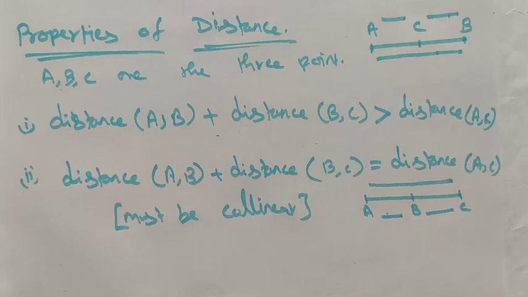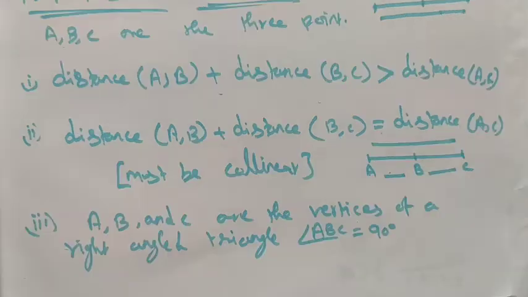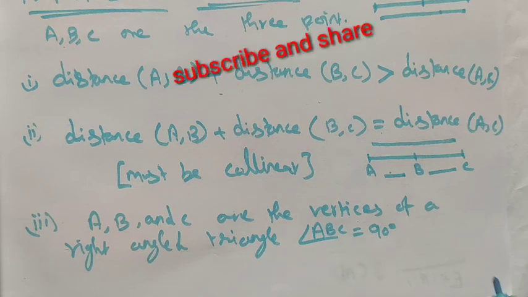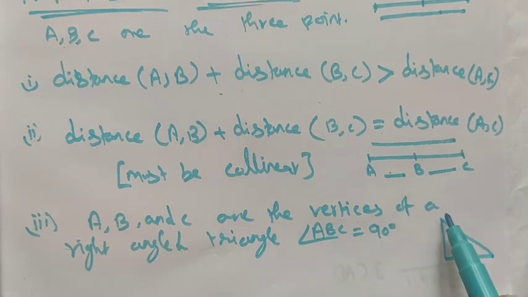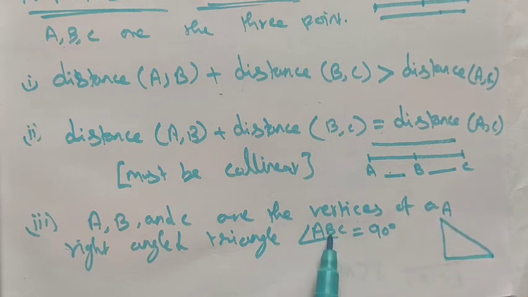In case all the 3 points form a triangle and one of the angles is 90 degrees, suppose we have the points A, B, C as the vertices of a right angle triangle. That triangle has angle ABC equal to 90 degrees. See, suppose this is the right angle triangle. This is the position of A, and B is the 90 degrees, and then C. The position of B at 90 degrees means the sum of squares of these two sides is equal to the square of the hypotenuse side.